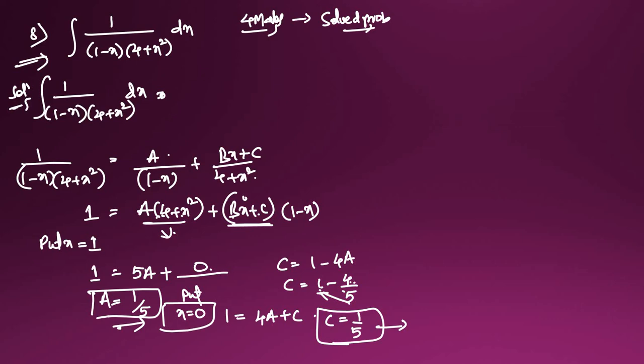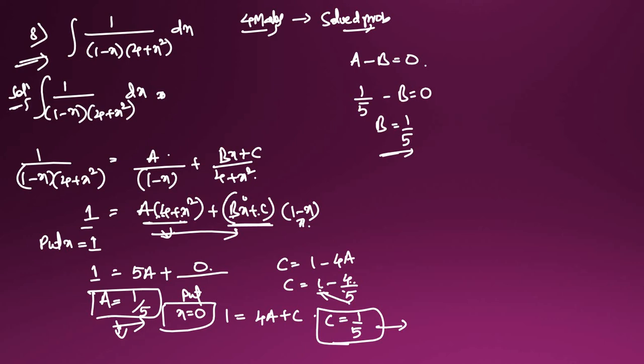So here, the coefficient of x square. So x square is equal to a here, and here b will come, plus minus b will come. Because minus is there, so minus b is the coefficient of x square on the right side of the equation, and the left side of the equation is 0 here. So a is equal to 1 by 5, and b is equal to 1 by 5 will come here. So all are 1 by 5s only.